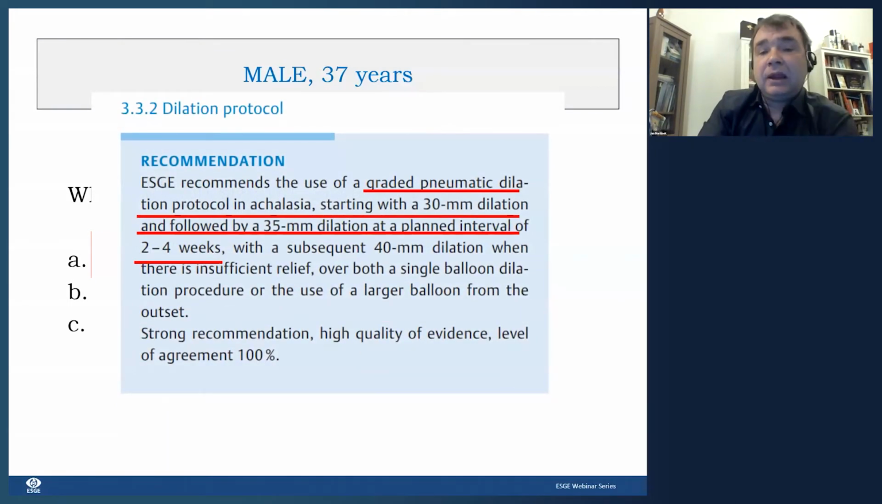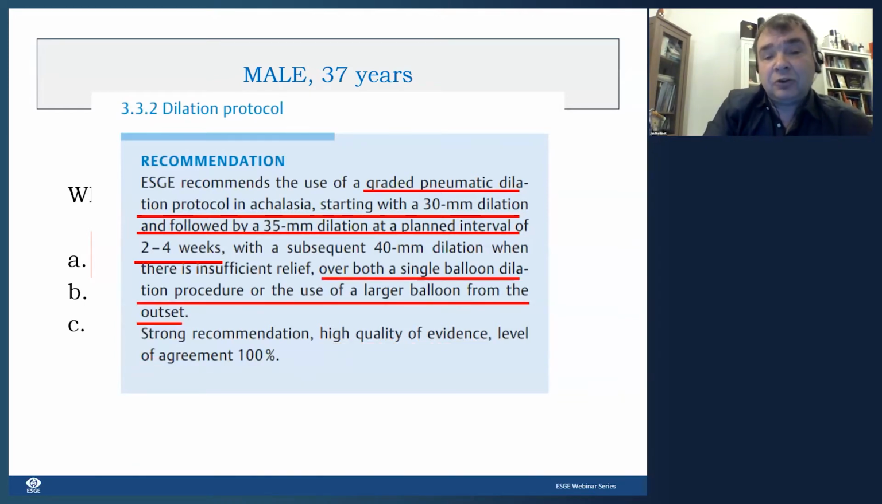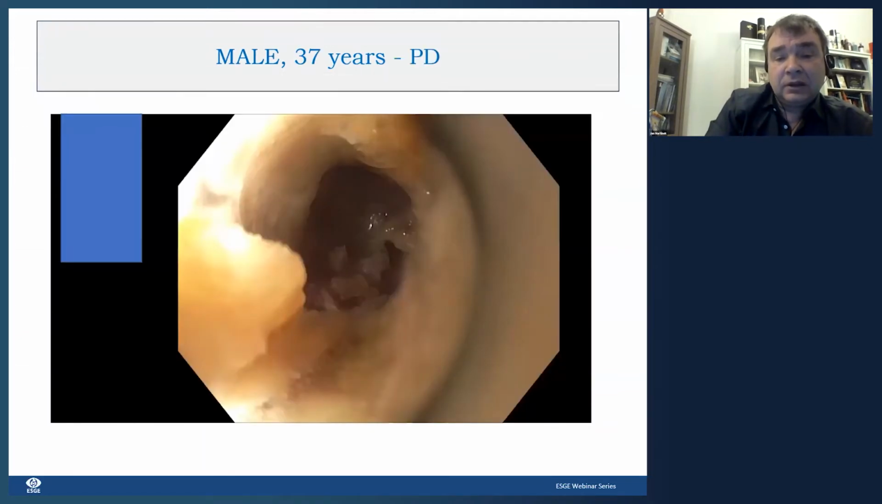So graded PD protocol in achalasia is recommended, starting with a 30 millimeter dilation balloon, followed by 35 millimeter dilation at the planned interval of 2 to 4 weeks. The subsequent 40 millimeter dilation is recommended if necessary. And this approach is preferred over both a single balloon dilation procedure or the use of a larger balloon from the outset. Here you see the video of the procedure,